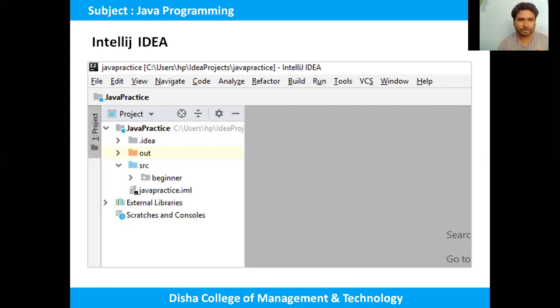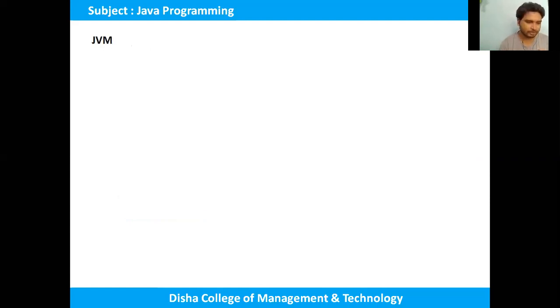So next is the environment. What environment does Java support? The first is JVM. It is called Java Virtual Machine, and basically it is used to run bytecode. Okay, and because the JVM does not understand Java source code, when you compile your Java file, that means the .java file, you obtain a .class file, and that .class file contains bytecode which is understood by the JVM, and the same bytecode gives the same result, which makes Java a platform independent language.